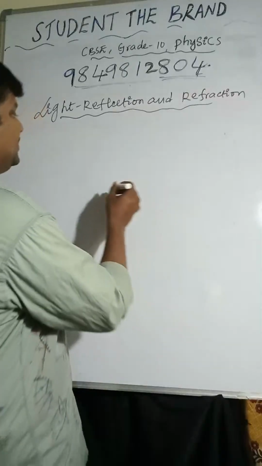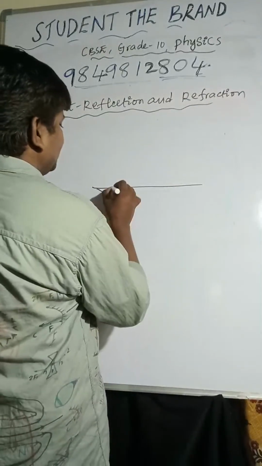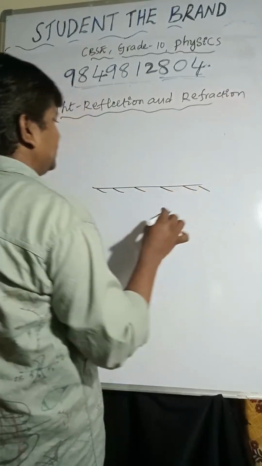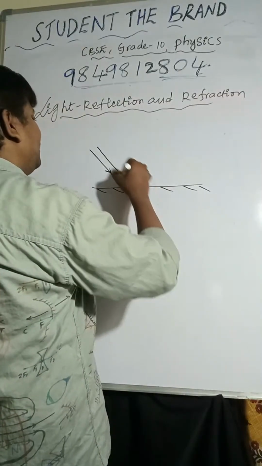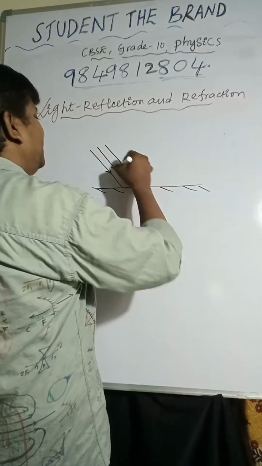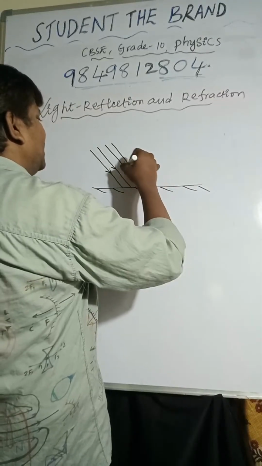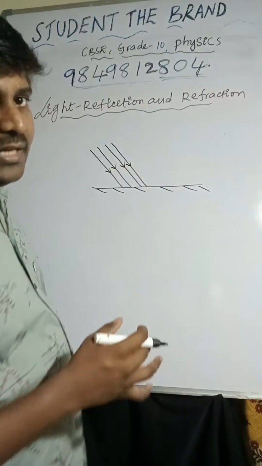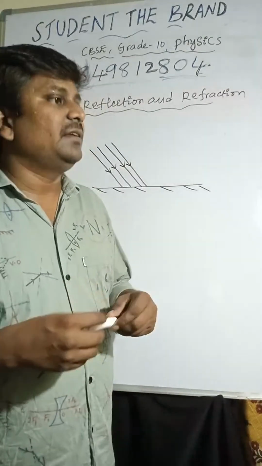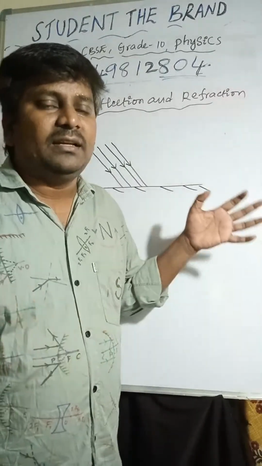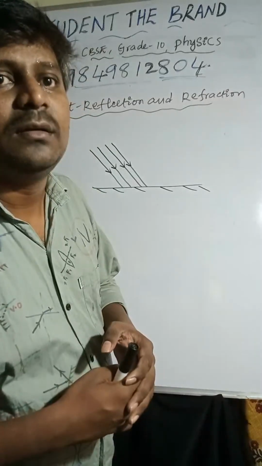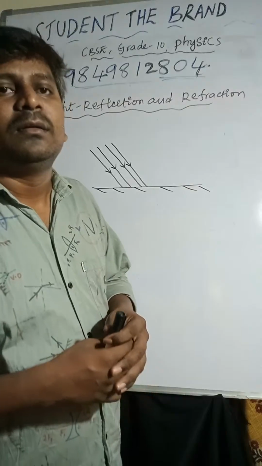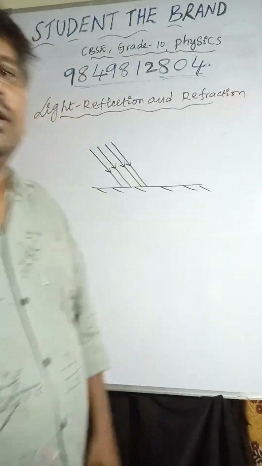So I'm taking the plane mirror. Incident light rays: a single ray is a ray of light, and a beam of light rays is a number of light rays moving together. Based on the convergence, if the light rays are converging together, that is called